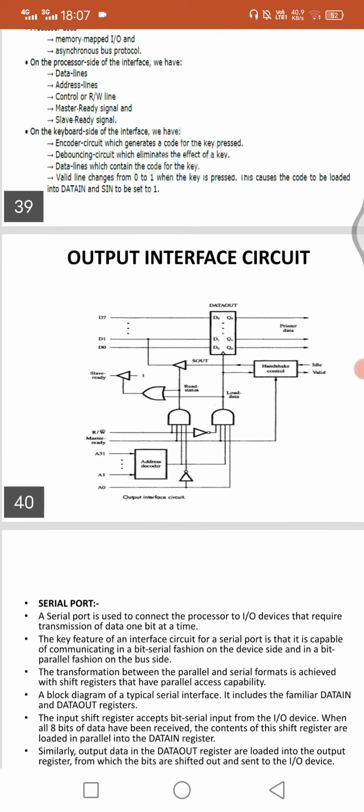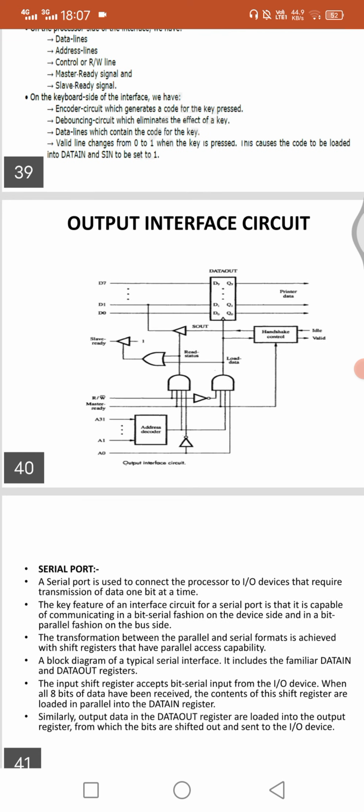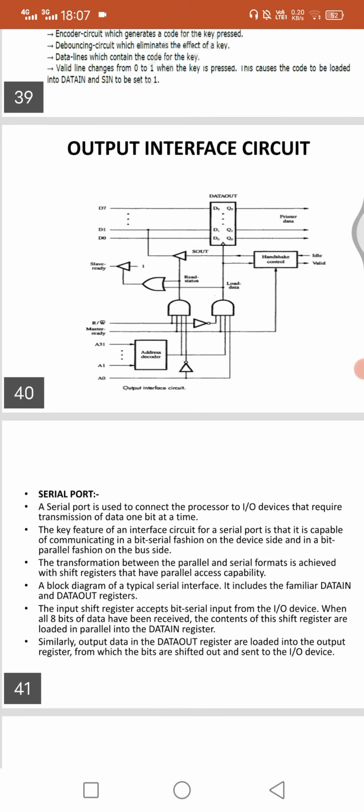Output interface circuit. So coming to the output interface circuit, see this diagram. A serial port is used to connect the processor to input and output devices that require transmission of data one bit at a time. In a serial bus, we transfer only one bit of data at a time.